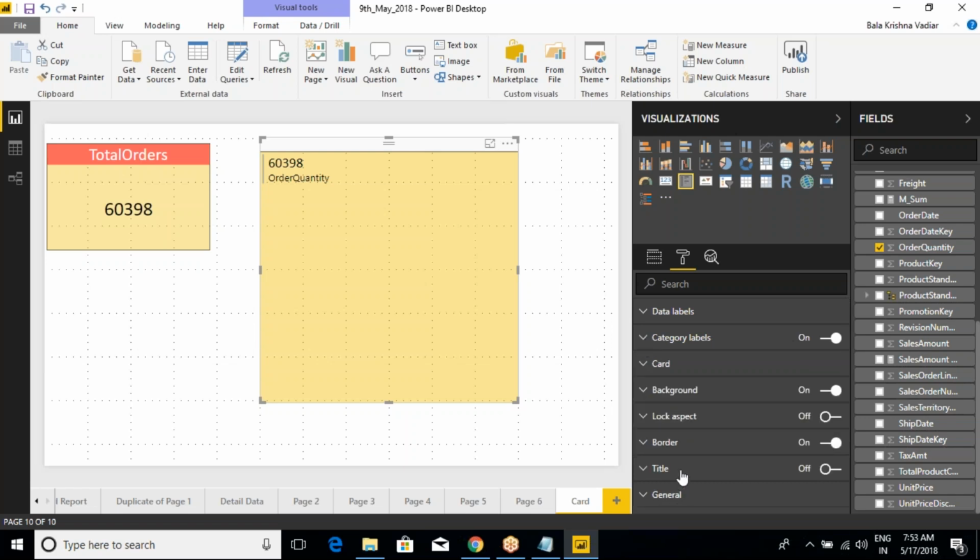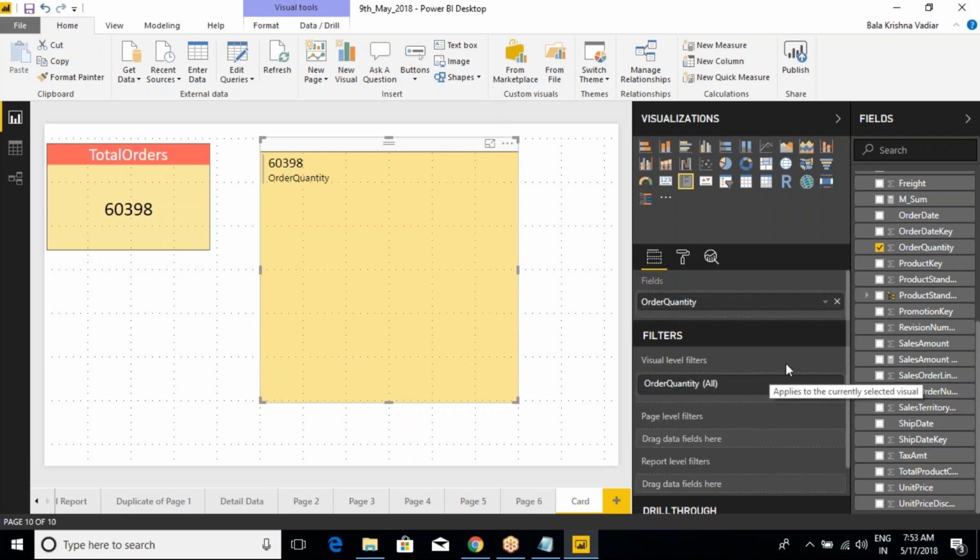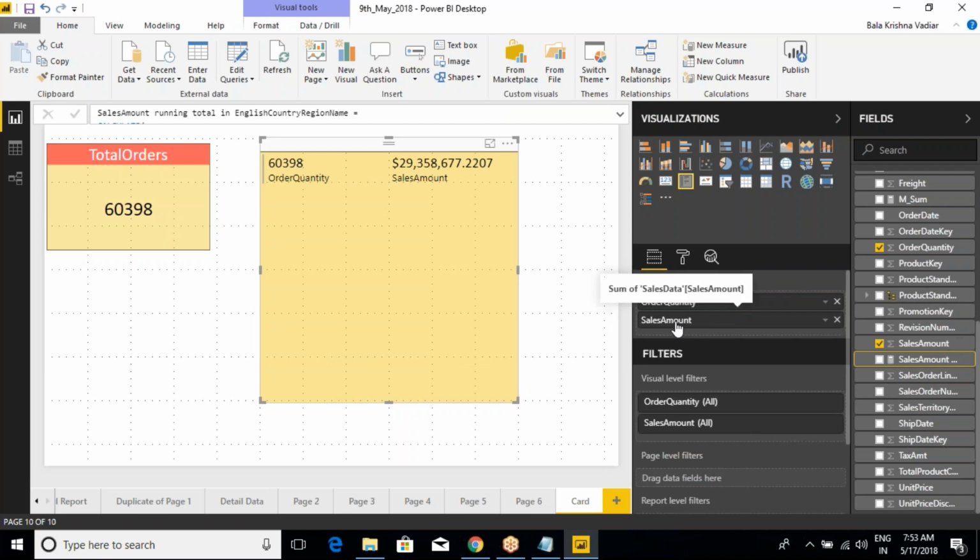If you ask me, there is one extra property here, that is called a card. Before the card, let's go to the format field option, sorry. And let's say if I add the sales amount here, will it allow? Where is this one? Yeah, I'm adding one more sales amount. See now,